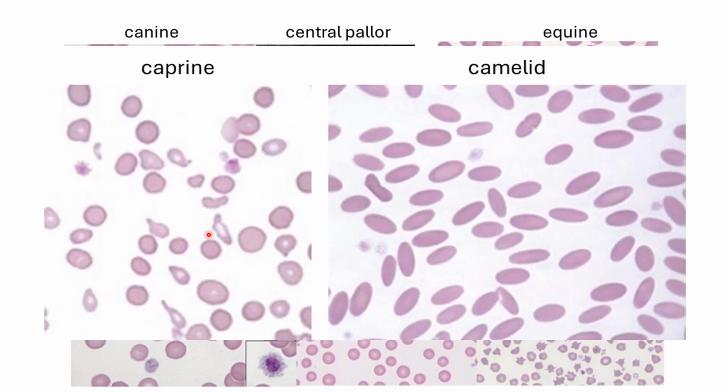This also holds true with your goat, wherein the shape differences is much, much more pronounced. And there is also size difference. So for size difference, the technical term for that is anisocytosis. While for the shape difference, the technical term for that is poikilocytosis.